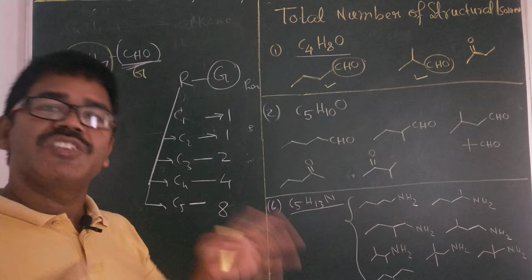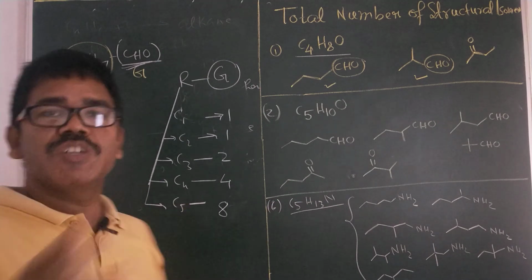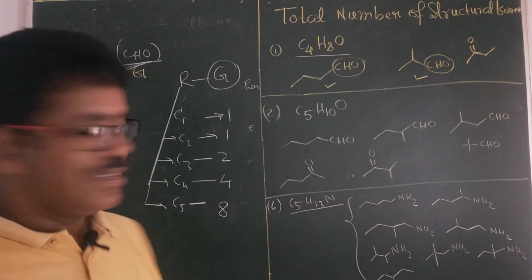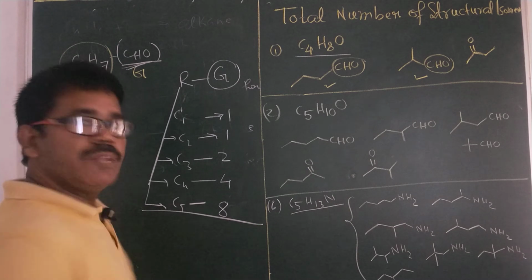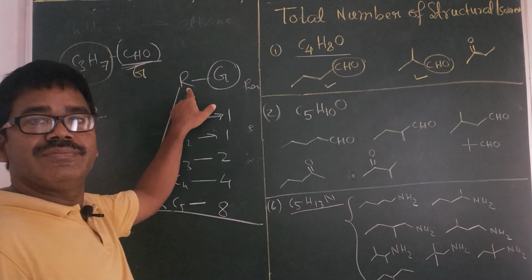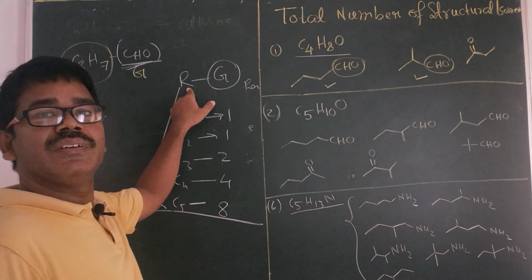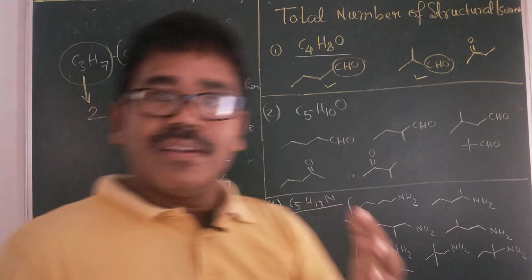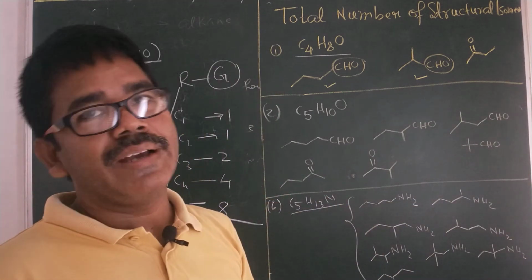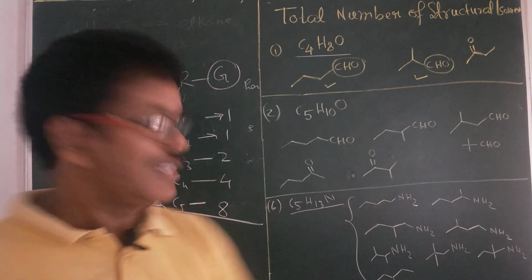A question can be asked in any kind of way, but it is not possible to remember the isomers for carbon numbers 6, 7, 8, 9, 10. We cannot do that, and no such questions are asked. At most, I am sure questions can be asked based upon 5 carbons in the alkyl group, not beyond that. It has not been asked as of now. If they ask such questions, it will be biased. Teachers will not do that. I am sure of that.